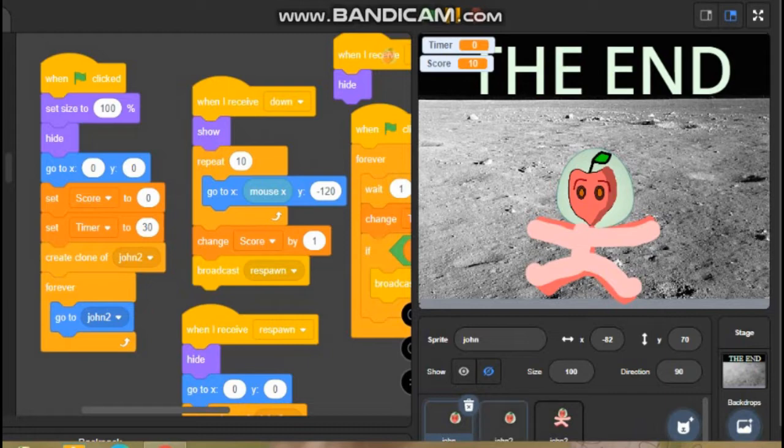Okay, John 2. Okay, we actually have another sprite called John 2, which is exactly the same. Then we do a forever, and then we go to this John 2. Okay, so basically when we receive a broadcast of down, okay, we show, then basically what has to be repeated. Okay, when I click, move the sprite, go down to the -120, and actually change the score by 1, and actually broadcast a